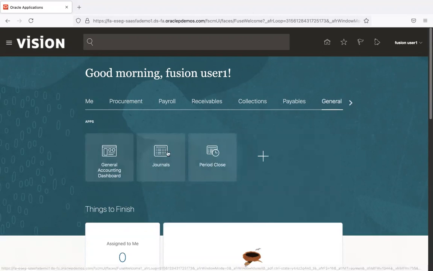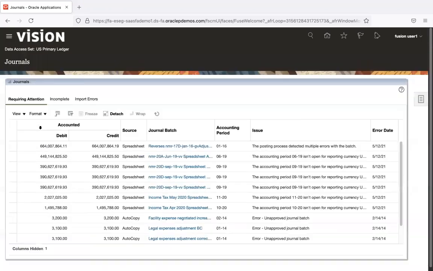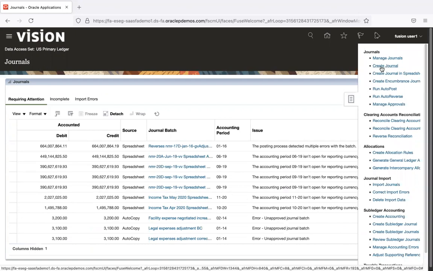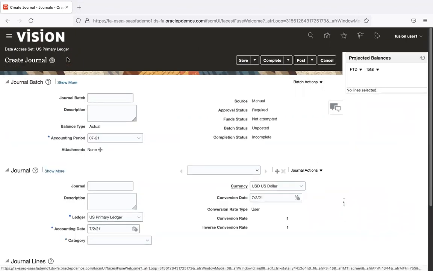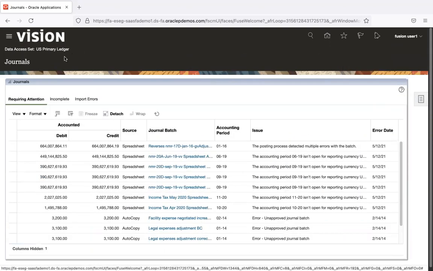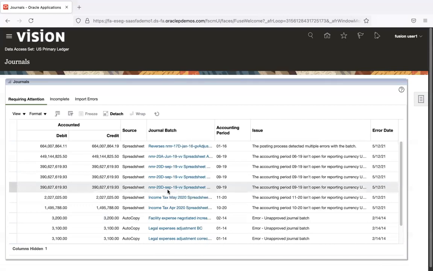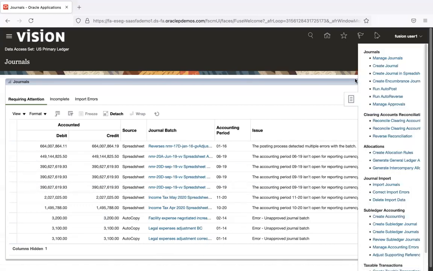So if you go into GL, first, if you go into journals, you could see some data populated now, and you could also see US primary ledger in there. And that means this user has now got a data access of US primary ledger. And you click on it, and you would also have an option to create a journal, and when you create a journal, it gets created in US primary ledger. So which means, yes, user has now got access to US primary ledger. He's able to see the data from that ledger, and he would also be able to perform all these tasks